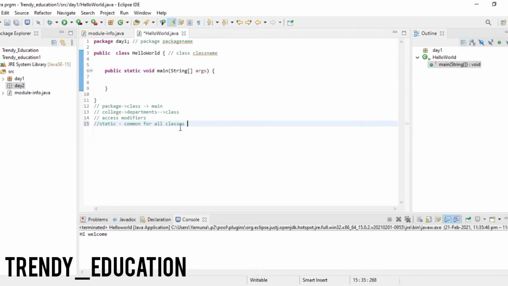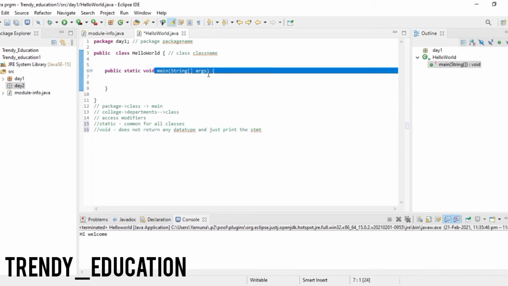Okay, now coming to the void. Void is nothing but it does not return any value. So this is the meaning of the void. It does not return any value, but it will just print a statement within it. Whenever I give a statement inside this, it will just show me that statement. But when I try to return any type of value, it won't return it because I am using void here. It does not return any value or any data type, and just prints the statement. So this is what the void will do.